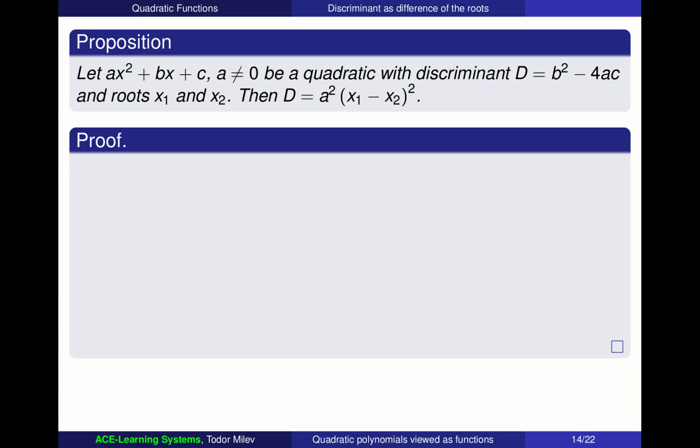In this slide, I want to cover an important property of the discriminants. Just a reminder, given a quadratic ax squared plus bx plus c, its discriminant D was this expression, b squared minus 4ac, the expression that participated under the radical in the formula for the solution of the quadratic equation. So that number D equal to b squared minus 4ac